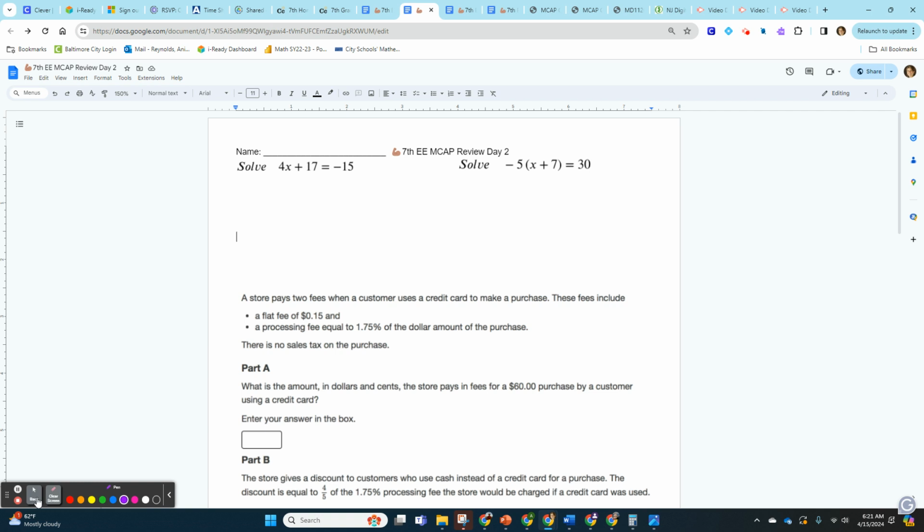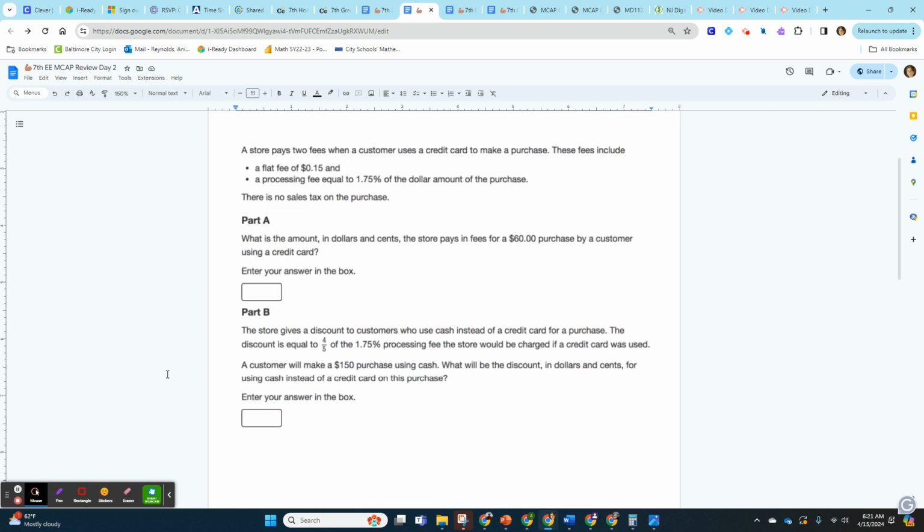Now, that's the simple thing that you have to do when there's just numbers. There's also going to be kind of complex word problems. So a store pays 2 fees when they use a credit card. These fees include a flat fee of 15 cents, so no matter what they're paying 15 cents, and a processing fee equal to 1.75% of the dollar amount of the purchase. There's no sales tax. So this means I'm automatically adding 15 cents,